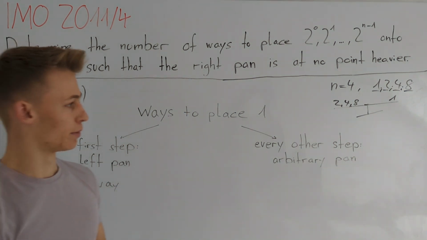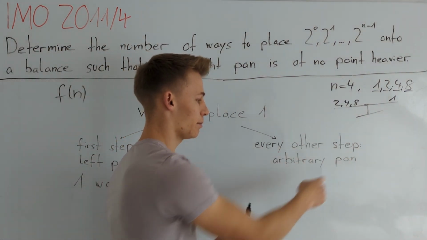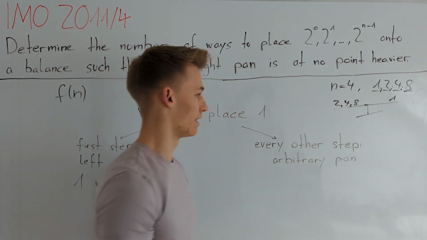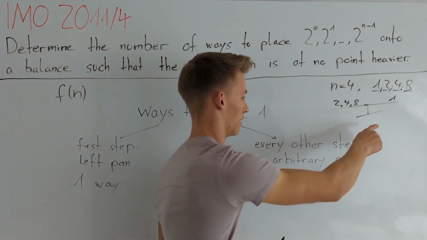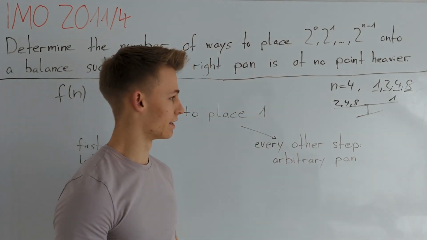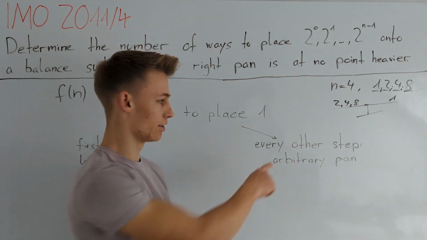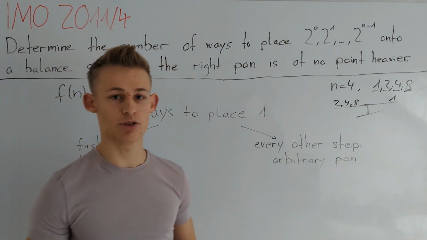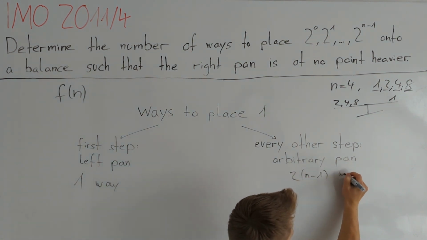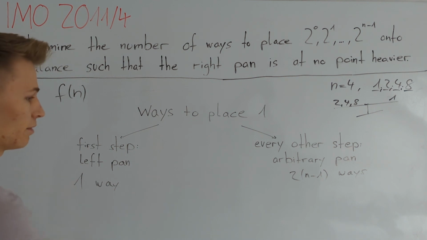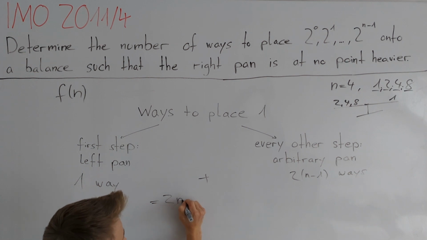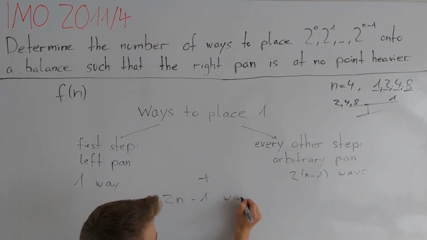On the other hand, if we place the weight 1 in every other step, we observe that we can place it on both of the pans. So we can place it either on the left pan or on the right pan. Since there are n steps in total, we have here n minus 1 possible steps, and since we can place in every step the weight 1 onto an arbitrary pan, we have 2 times (n minus 1) ways. So in addition, we have 1 plus 2(n minus 1), which is equal to 2n minus 1 ways to place